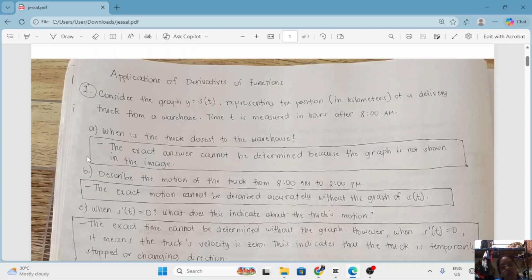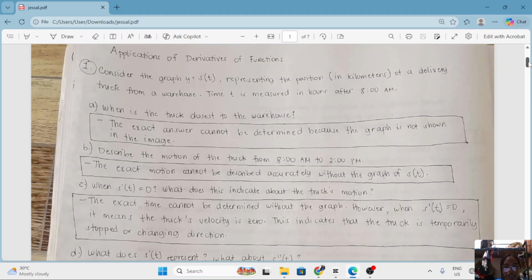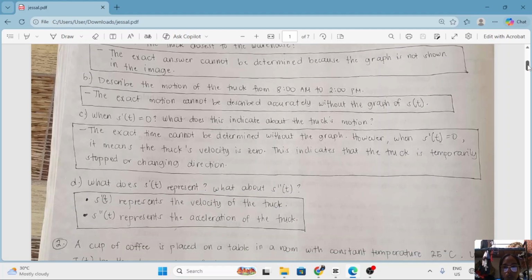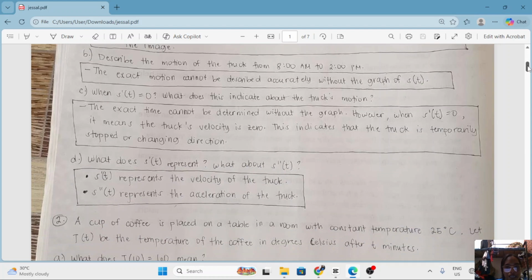The exact answer cannot actually be determined because the graph is not shown in the image or in the given problem. So in letter B, describe the motion of the truck from 8 a.m. to 2 p.m. And the same as in A, it cannot be described since the graph is lacking. And also in letter C, the